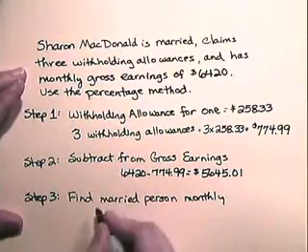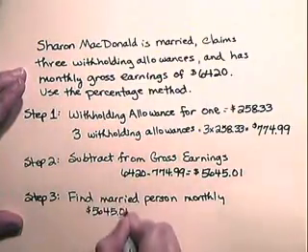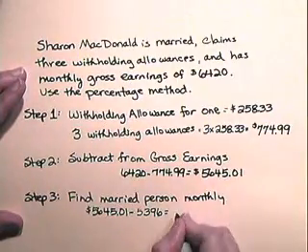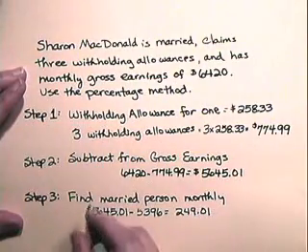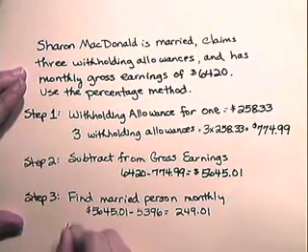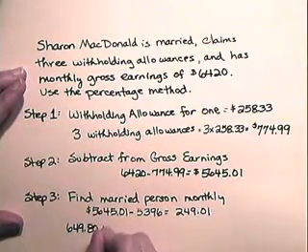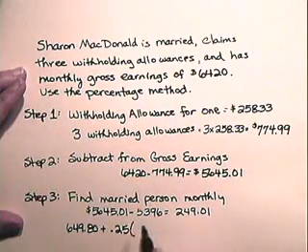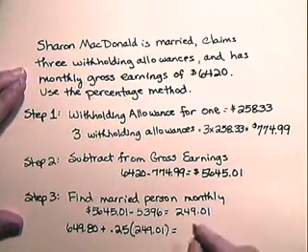We take her earnings of $5,645.01. We subtract the $5,396 and we obtain $249.01. We take $649.80 from the table and we add 25% of the amount over $5,396, which is $249.01, and the result is